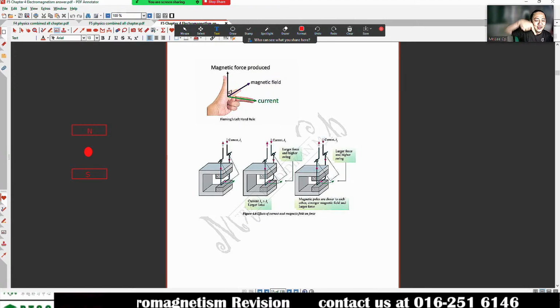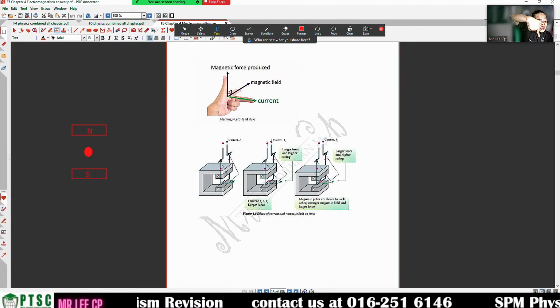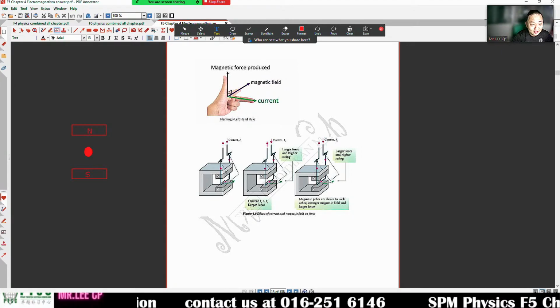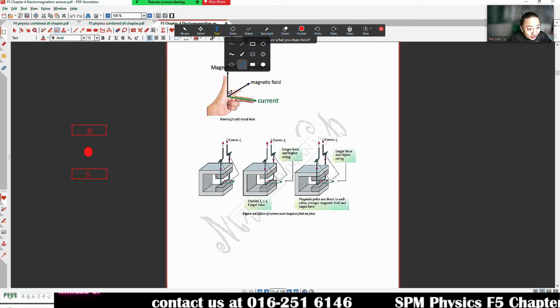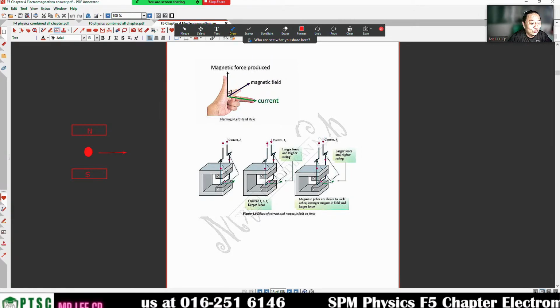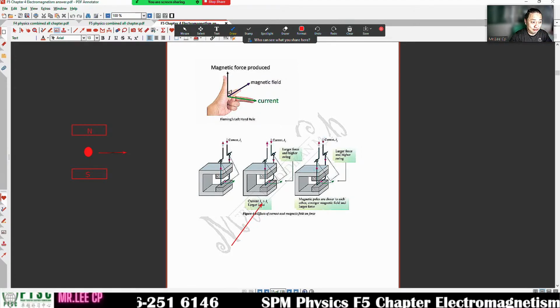Okay, right? North to south. Why north to south? Current out, so force goes to the right. So you got one force going to the right. That's all you need to know. All you need to know. Right? If the current is more, it means